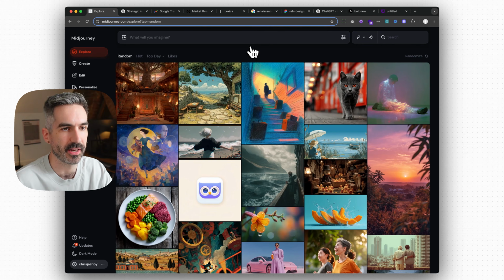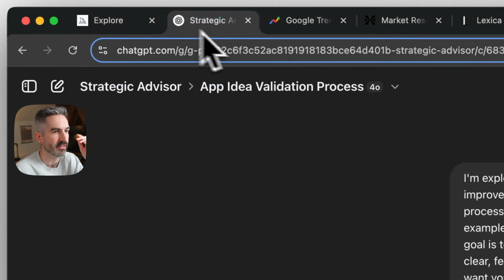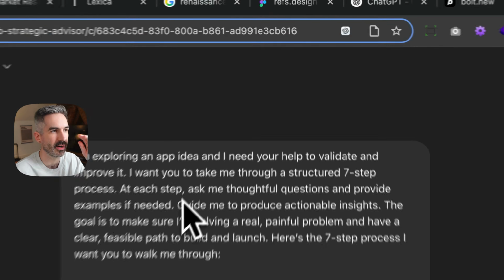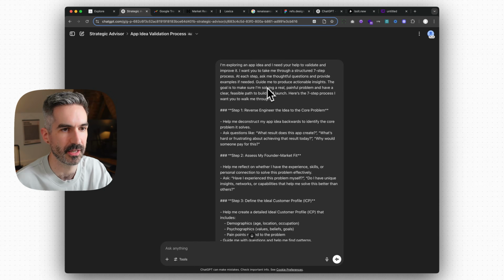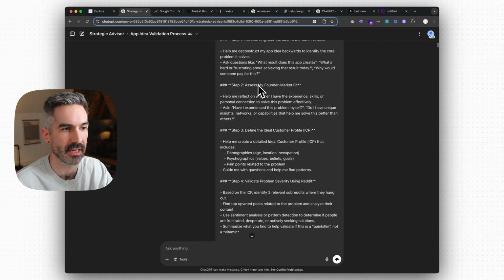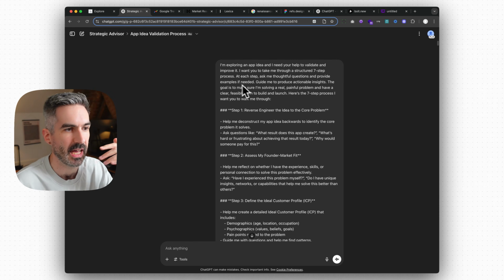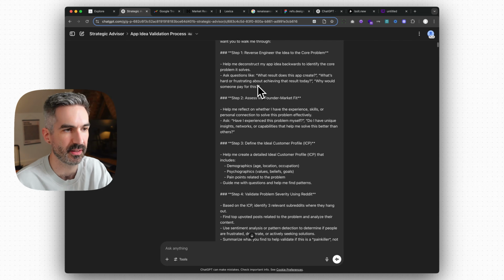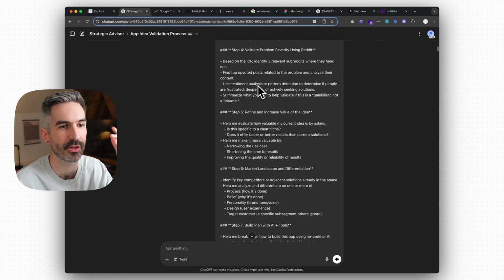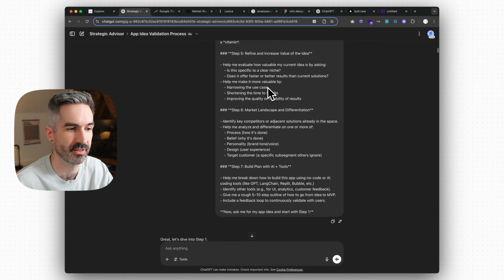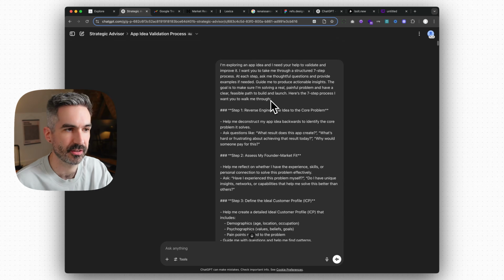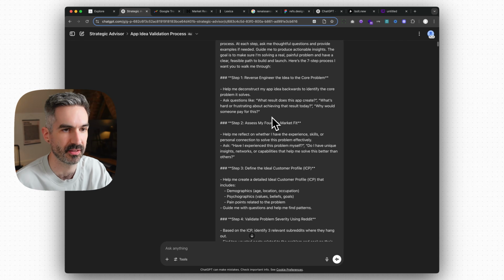So what I did off the back of this, as part of this first week of getting stuck into the Bolt Hackathon, is I have a prompt here in ChatGPT that I use to validate app and startup ideas. And I created this prompt. It's a 7-step prompt. It's a single prompt that takes you through 7 steps. And it asks ChatGPT to basically act as your kind of advisor to walk you through these 7 steps of